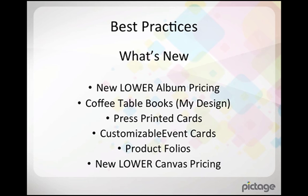And then we have customizable event cards. You've probably all seen our old event cards. Our new event cards, I'm super excited about. I use them in my studio for every event that we do, but I was trying to think outside of the box about great ways I could use them for the holidays. We now have, I think, 4 or 5 different designs that don't have any image on them. So if you wanted to use them for a holiday, and let's say you were doing a corporate event or a holiday party, and you don't have an image that you would normally use for an event card,